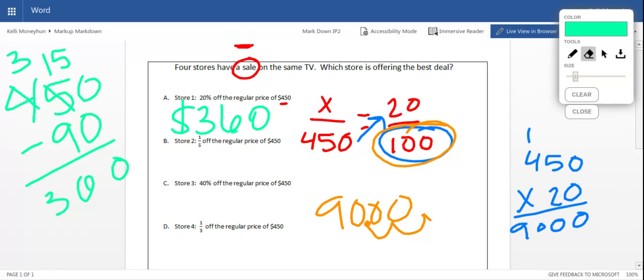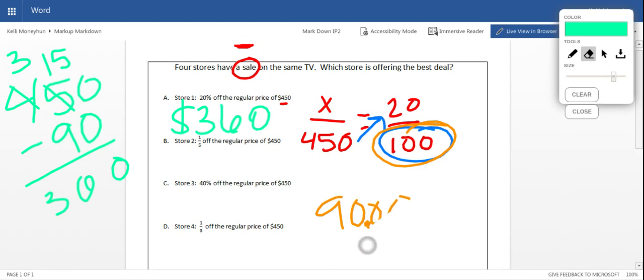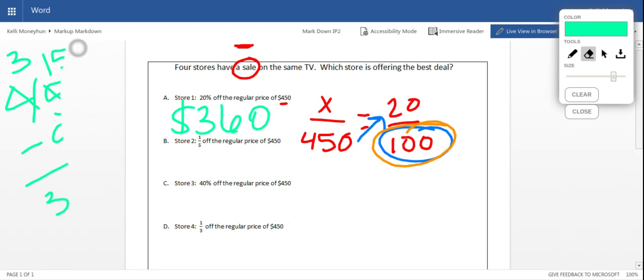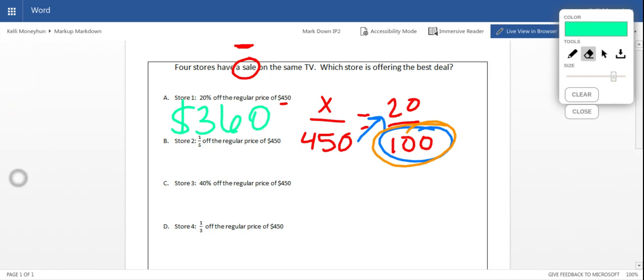Okay, store B. This actually is not going to be as much work as you think, and I will tell you why. It says that store 2 is 1/5 off the regular price. Everybody hates fractions. That's okay. So let's get rid of it. All right. What is 1/5 as a decimal? 1/5 as a decimal. Oh, goodness gracious. 1/5 as a decimal